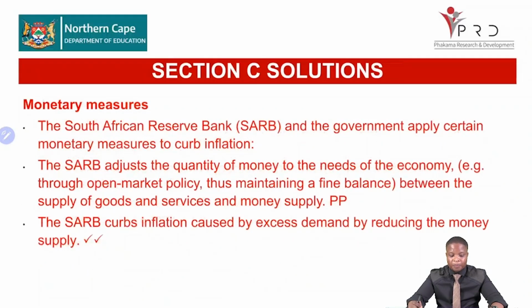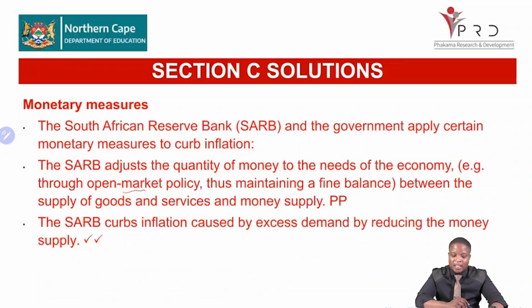Monetary policy. The South African Reserve Bank and the government apply certain monetary measures to cap inflation. So in monetary policy, we have open market transactions, interest rate, moral suasion, and cash reserve requirement that can be used to combat inflation. The South African Reserve Bank adjusts the quantity of money to the needs of the economy. For example, through open market policy,